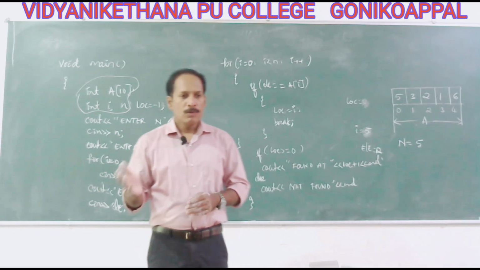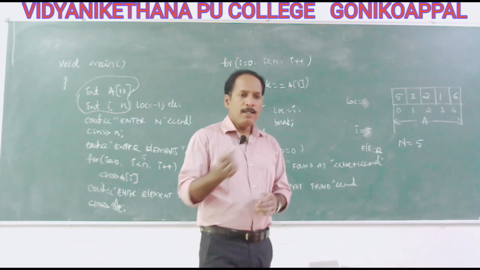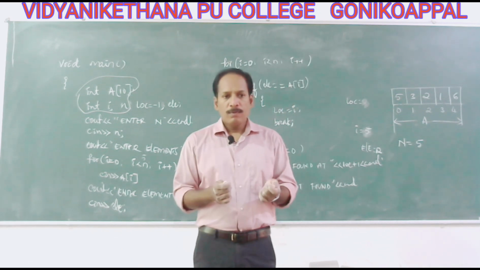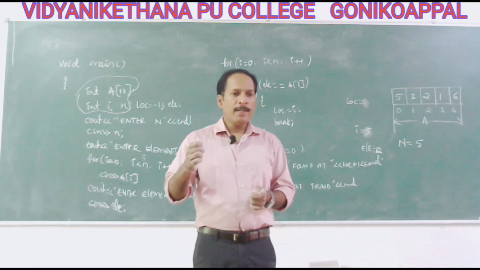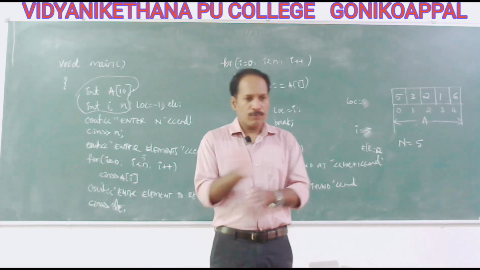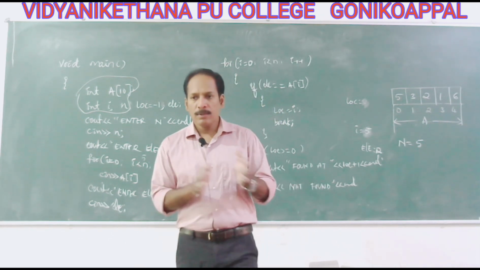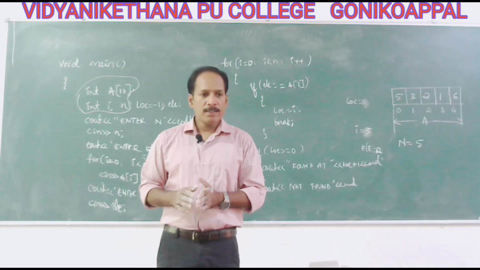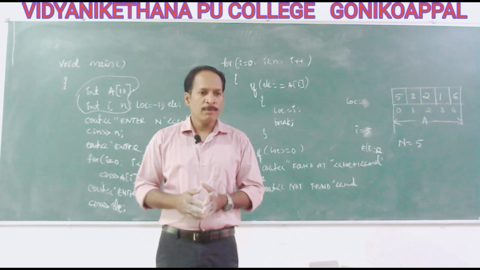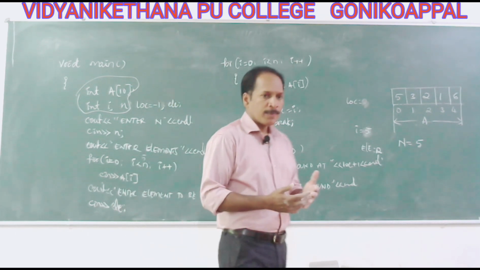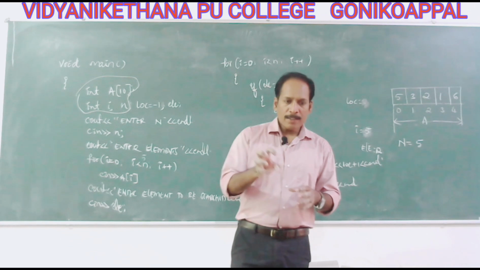Another possibility is that the element you are looking for is less than the middle element. Suppose you are looking for 5 and the middle element is 15. If at all 5 exists, it comes before 15. So therefore we have to search the first half of the elements. Otherwise, greater than means search the right half of the middle element. Equal means we found the element. By doing so, one comparison reduces the search space.